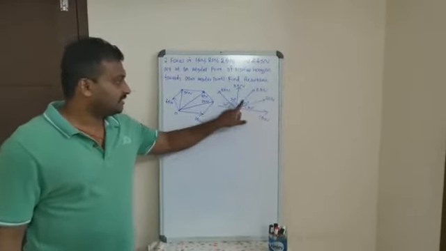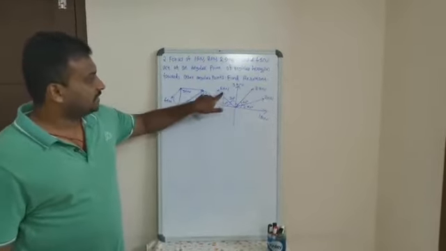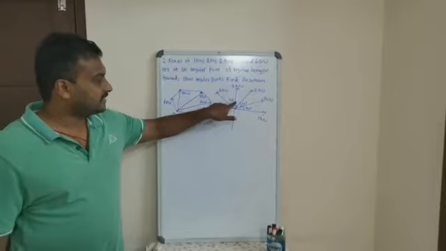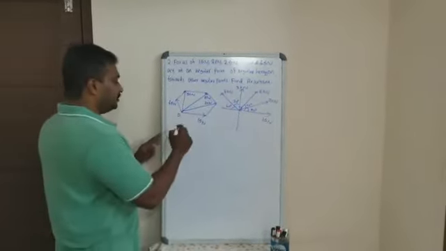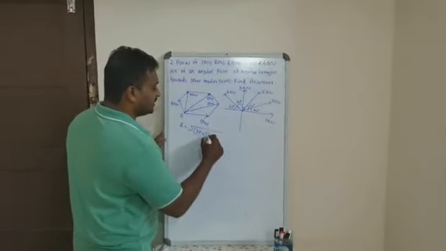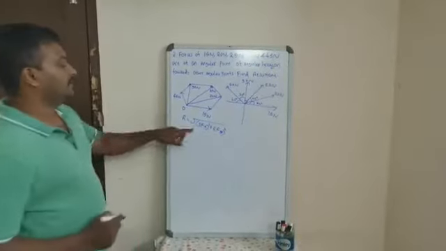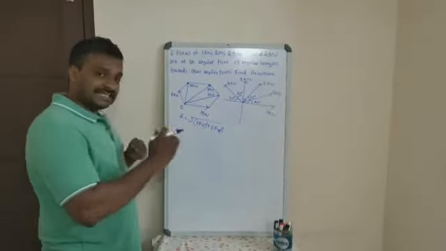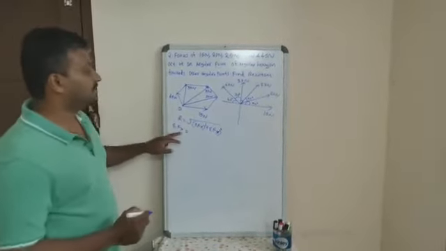Therefore, here 30. This angle 60 with horizontal. Here 90 with horizontal. Here 45 degree with this vertical. That means 60 degree with this horizontal. We know that resultant R is equal to root of sigma fx square plus sigma fy square, where, resolving the forces in x direction, that is sum of forces in x direction, sigma fx is calculated.